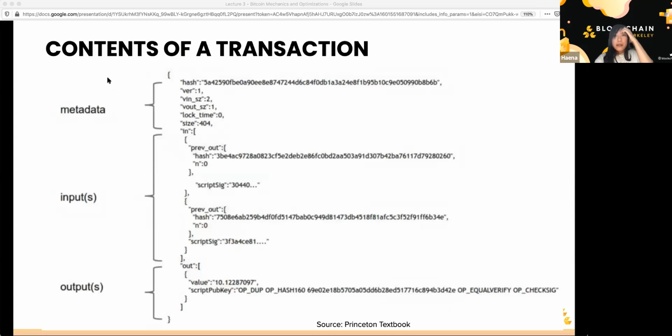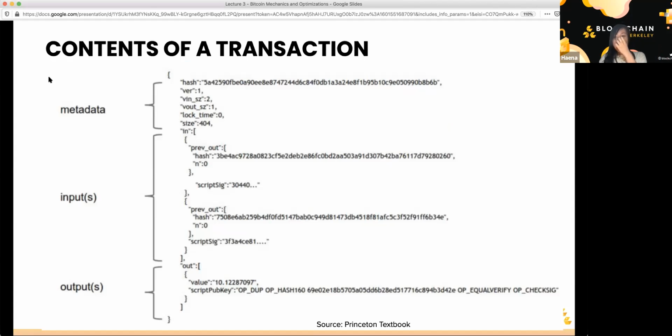so we're going to take a brief look into the actual code that represents a transaction on the Bitcoin network. This is actually very close to the actual representation of a Bitcoin transaction. It's just formatted to be readable by humans rather than machines. So it's not in ones and zeros. All right,